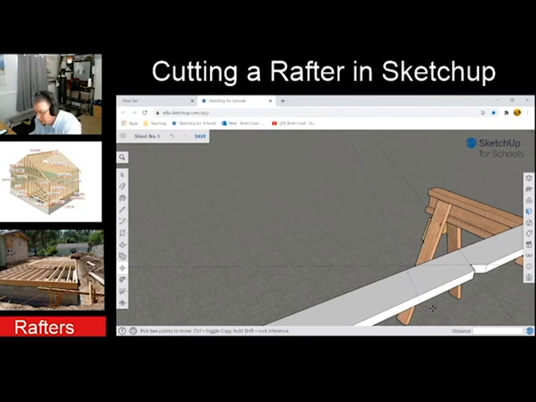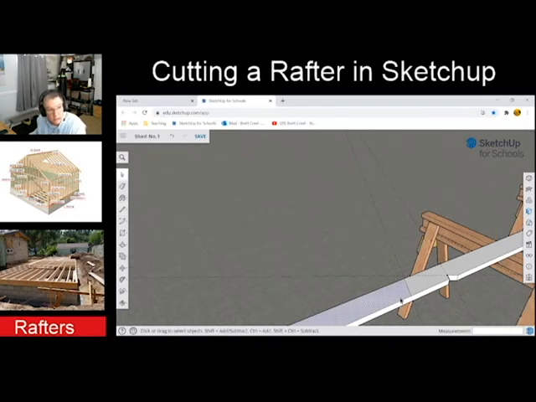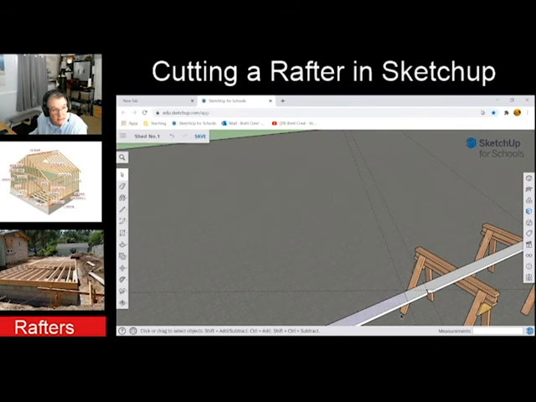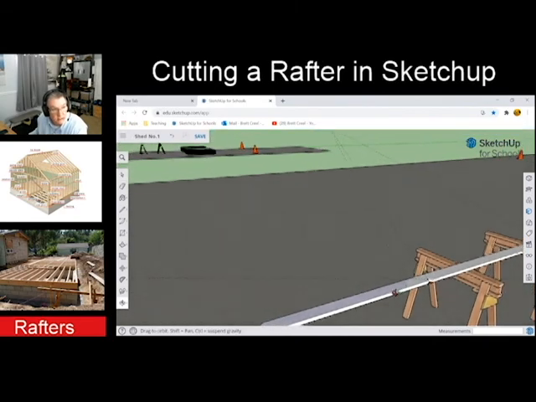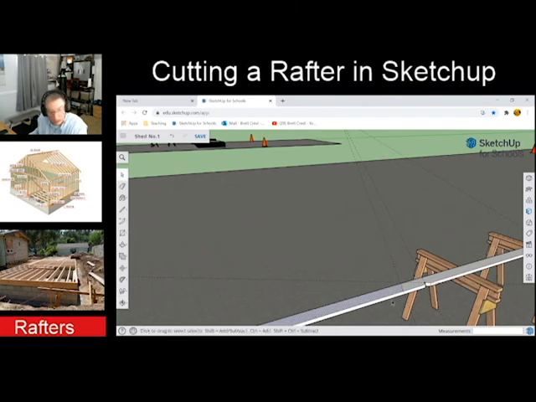I'm going to go back to my line command because now I'm actually drawing the line of where I'm fixing to cut this thing. Alright. Click on the top, and once again, this is a big thing to remember, that I want to make sure the only thing that lights up is the top of that. Now I know that I'm doing this right, okay? So let's hit the push-pull. Grab the top of that,